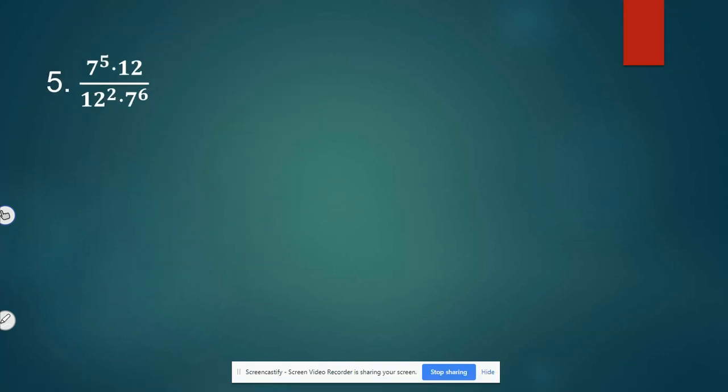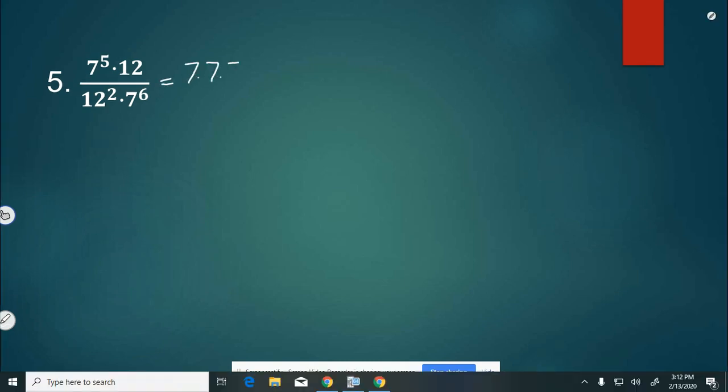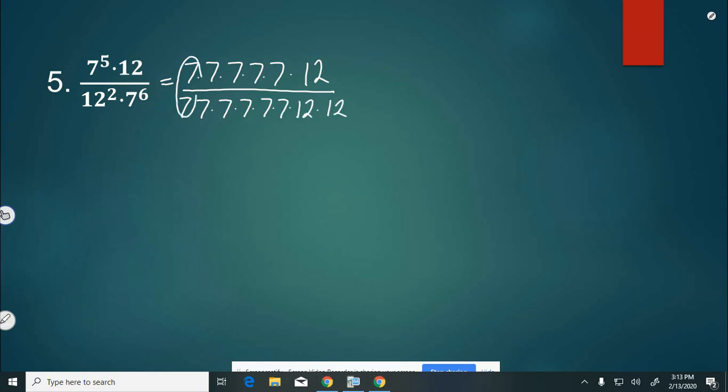Now, with number 5, same thing happens here, but it will be a little bit trickier because we might have something left in the denominator. So here we have 7 to the 5th, which is 7 times 7 times 7 times 7 times 7 times the 12. And then on the bottom, I'm going to rearrange it so the 7s are with each other. We have 6 7s and 2 12s. So these 7s cancel out